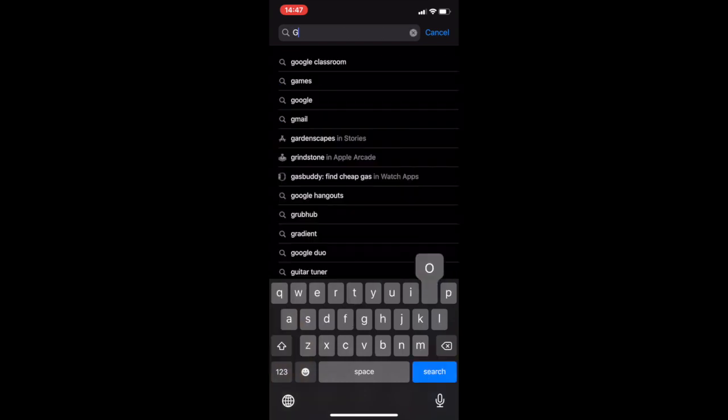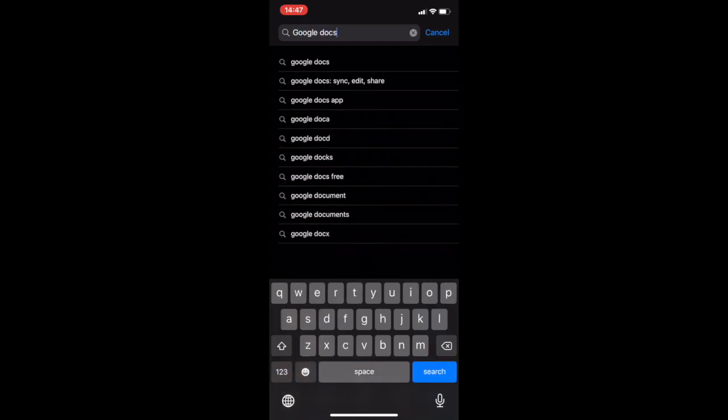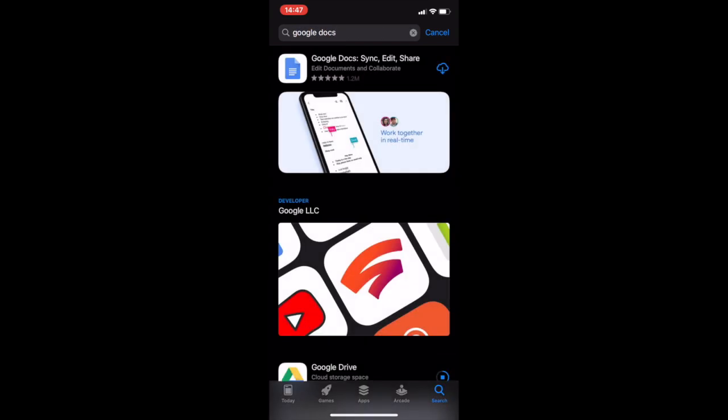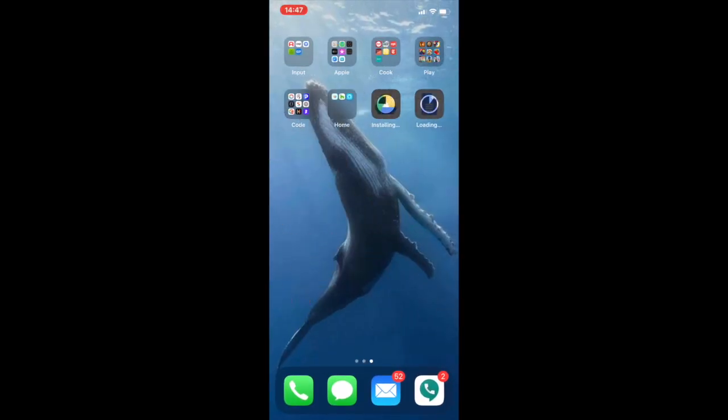So it's going to download for a little bit. Next, I'm going to download Google Docs. And then we're looking for this white icon with a piece of paper on it. And then I'm going to hit that downward arrow too. How these apps work is Docs kind of lives in Google Drive. So all the docs are stored in Drive. The Docs app is just for editing those documents. And while we wait for it to install,